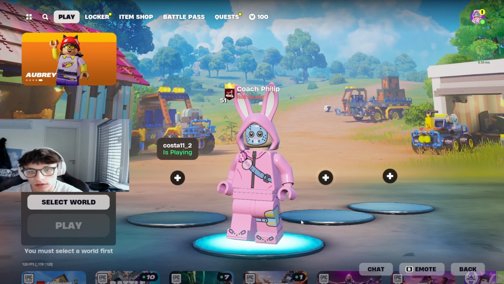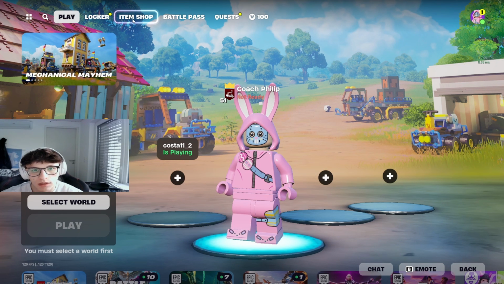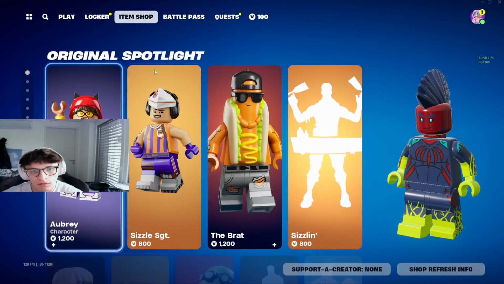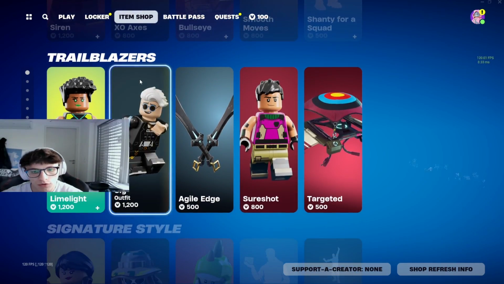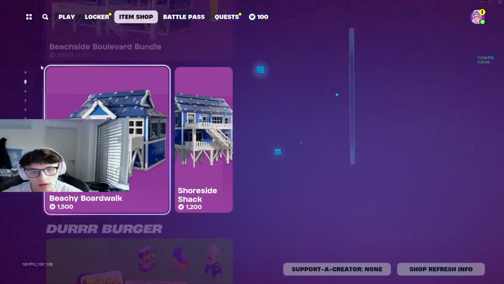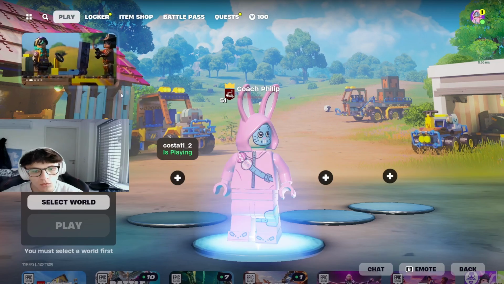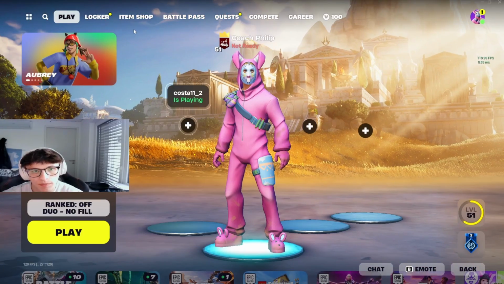If you want to check out the Fortnite Lego skins that you can buy, you can either go right here to the item shop when you're on Fortnite Lego, then everything will be Lego. You can also buy houses right here, or if you're on the normal Battle Royale, you can also go to